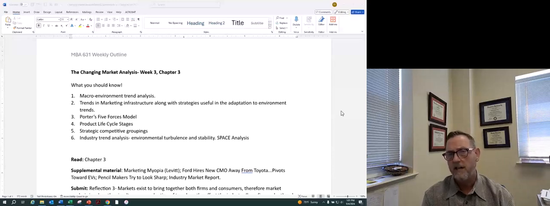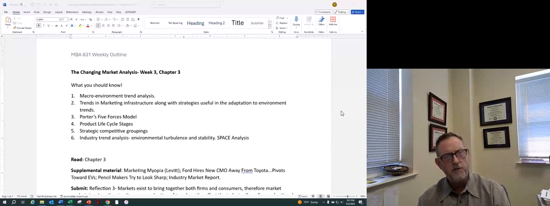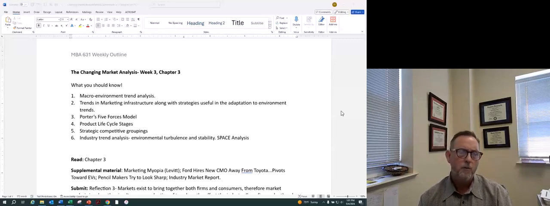It's a forward-thinking idea. There are some other tools that are available too, one of which the text talks about is the product life cycle chart. So again, understanding where you are in the introduction, growth, maturity, decline stages. Those are helpful to know when you're evaluating the environment that you're conducting business in. And then also the competitive structure of your industry.